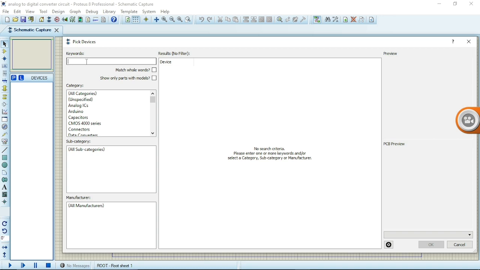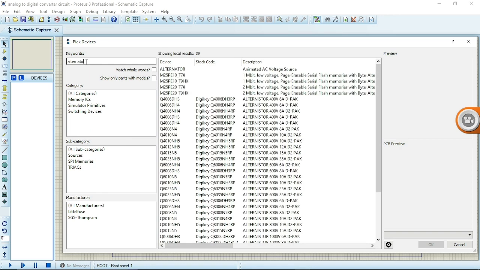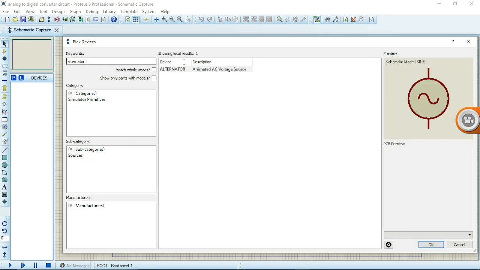If we look at it, we'll know that the first thing we are going to consider is our AC voltage. How do we get our AC source? That's by using a component that will deliver it for us. There are many ways to do that on Proteus, but the way I've been using is the alternator. Alternator means alternating currents. An alternator is a device or component that will give us